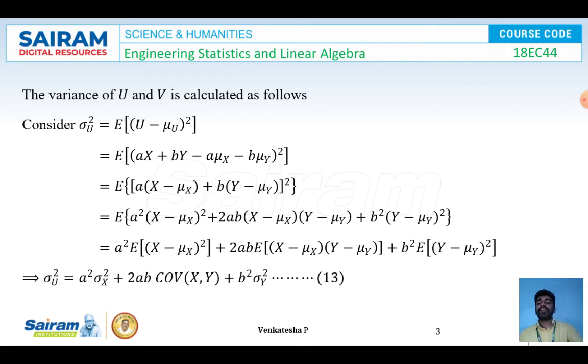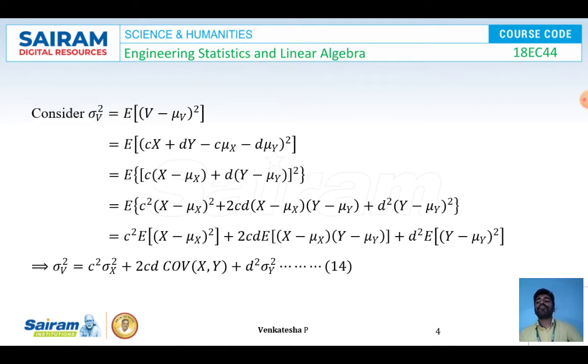Now I am going to find the variance of V. To find the variance of V, the formula is given by sigma V square is equal to expectation of (V minus mu V) whole square. In the place of V, I am replacing cX plus dY. In the place of mu V, I am replacing c mu X plus d mu Y. So I got the equation expectation of cX plus dY minus c mu X minus d mu Y whole square. Taking c common from cX and c mu X, taking d common from dY and d mu Y, I got the equation expectation of c into (X minus mu X) plus d into (Y minus mu Y)